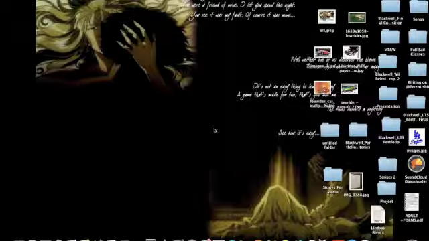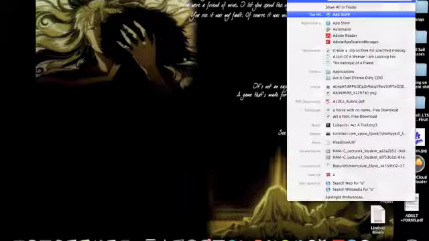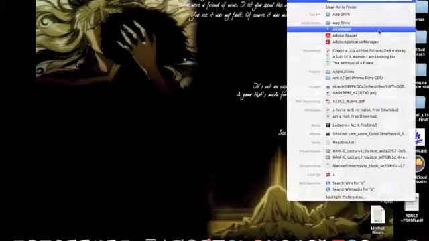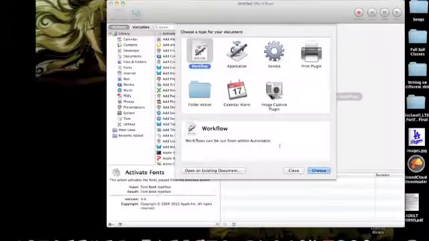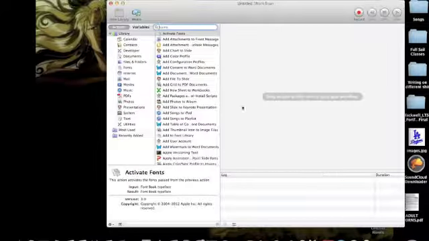Now I'm going to show you how to create your own workflow. From here, you can go to the magnifying glass, click on it, and type in A for Automator. You'll have different types of templates that pop up. You want to click on the workflow template, and from there you can select any type of files that you were working on, for example